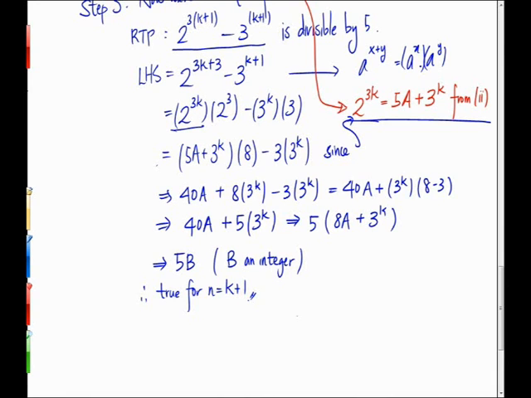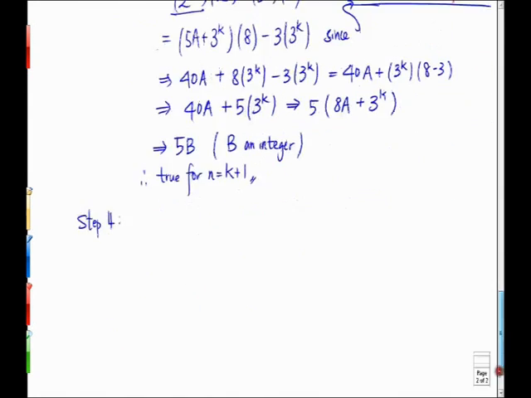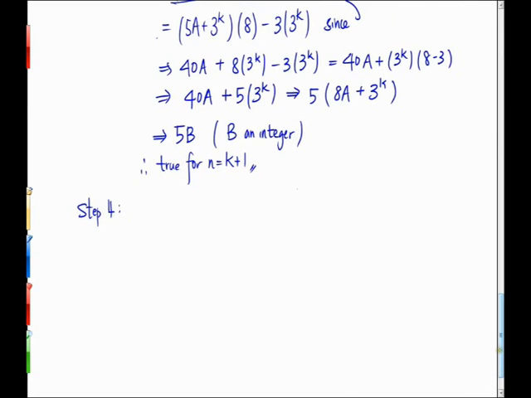Alright. Step 4 is your final concluding statement. I always just write the same thing. Basically, I see it as you just writing out exactly what you just did. So, since true for n equals 1, we assume true for n equals k,